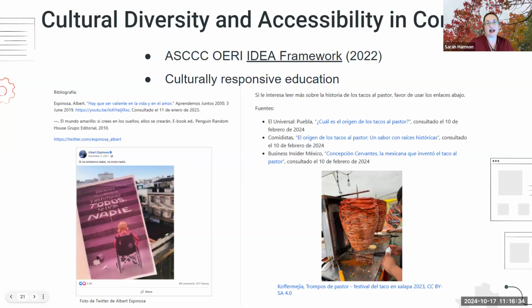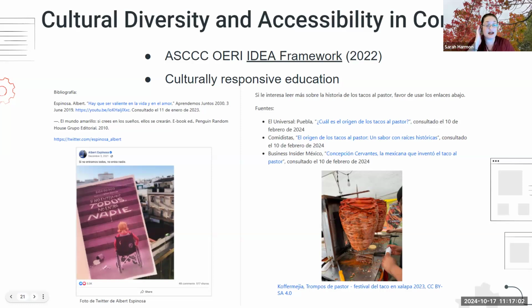The Academic Center for the California Community Colleges and its Open Educational Resources Initiative came out with its IDEA framework in 2022. This IDEA is basically the same acronym that you have heard, just letters in a different order: inclusion, diversity, equity, anti-racism, meaning that all projects funded by the OERI are meant to have connections with culturally responsive education.